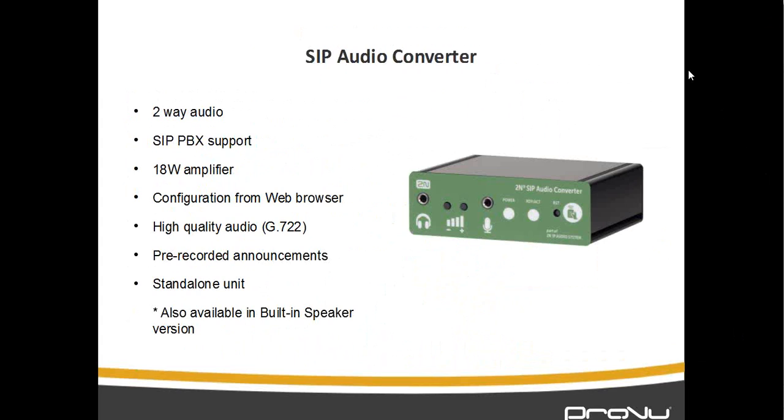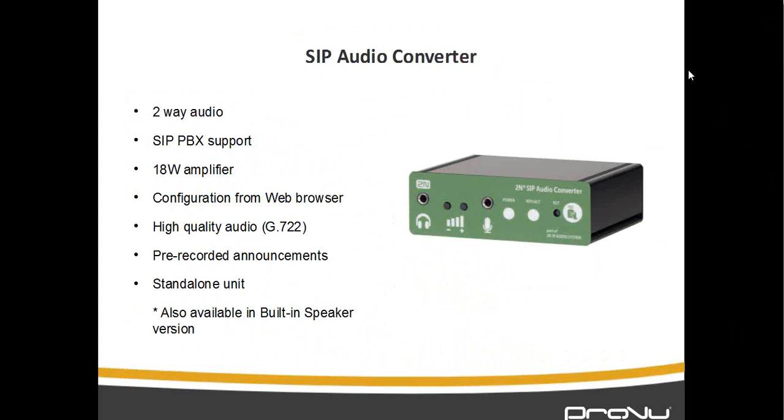There are people who are actually using it as a door entry system as well, because there is a built-in relay. So what you can do is connect a microphone, connect a speaker to it, or customize it. Then when somebody presses the button, which triggers a relay, it can make a call, and then you can have a two-way communication. I wouldn't recommend that as a door entry system because we do have proper built-in versions available, but if you want to customize your solution or build a SIP-based intercom into your existing infrastructure, then this converter can act as one as well, and you put your own speakers or amplifiers or microphones to it.